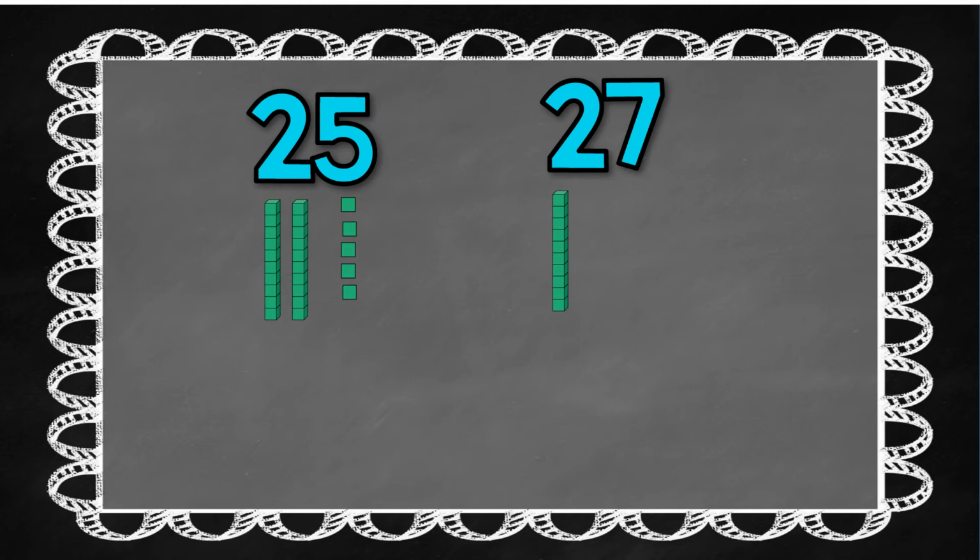So we have a 10, 20, 21, 22, 23, 24, 25, 26, 27. Here we can see which one has more blocks. Now that we built the number 25 and the number 27, we know that 27 is greater